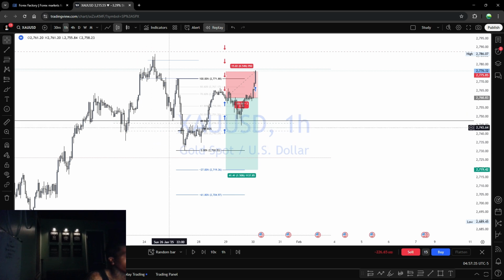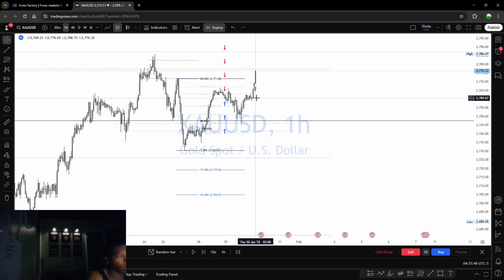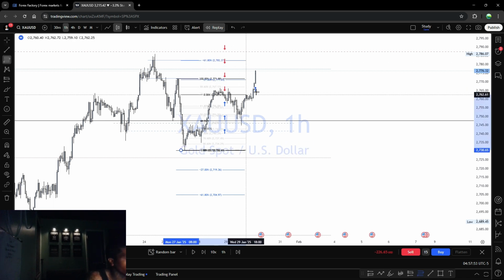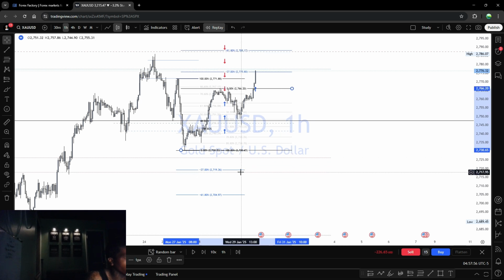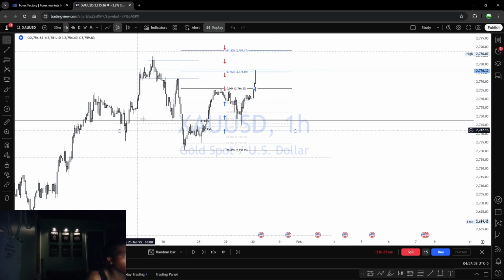So what we did was break this structure here. After we have a break of structure, we have a retest. Price pushed up, came back, retested. So impulse, correction, 50%, negative 27, 61 here. You see it's exactly